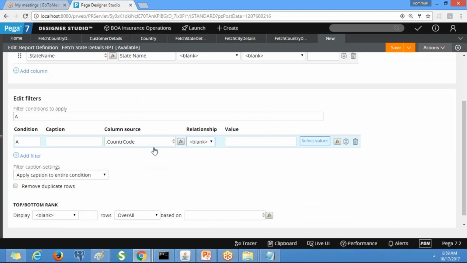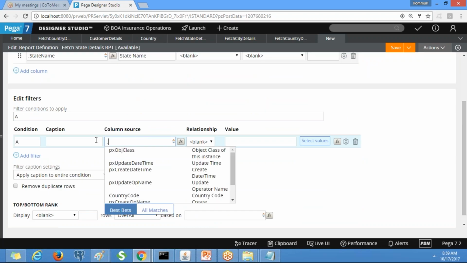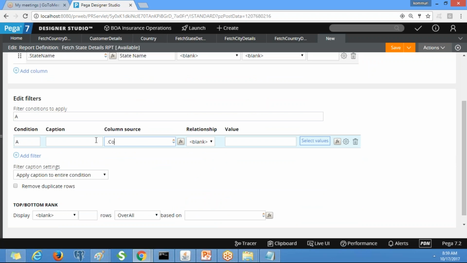Country code is equivalent to, so what will be the value? Country code. Why do we define the parameter?